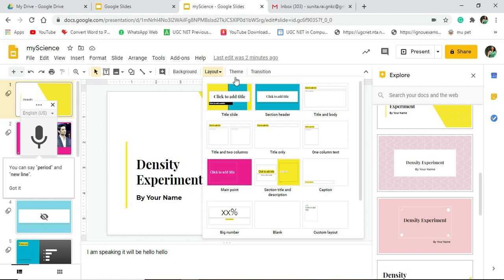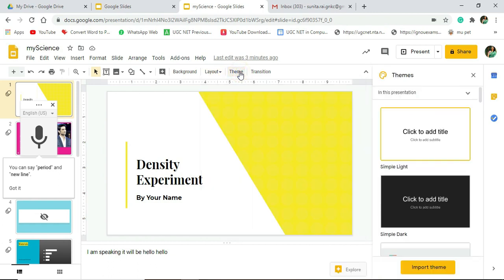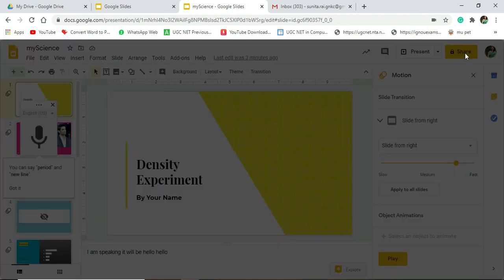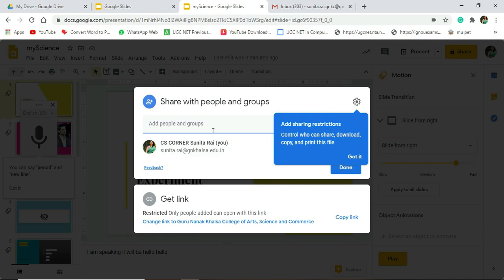Now I wanted to show you one of the interesting parts of this Google Slides, that is the collaboration part. So friends, you can share your PPT with your other friends also, and they can edit something in that PPT. Clicking on the share button, I'm getting this option, I can copy this link and I can share it to my friends, so that they can also add their things to this slide,